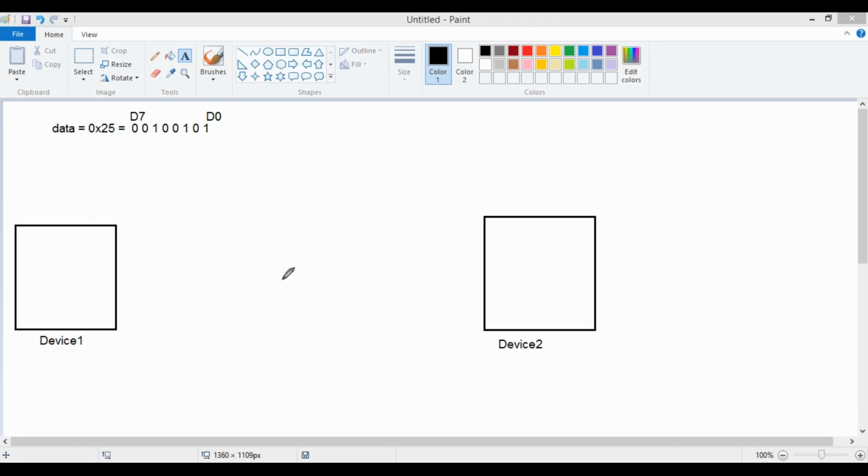Now before that, my question is, UART is what kind of protocol? Serial or parallel? What I told you, all serial protocols we are having. So it's a serial protocol. In a serial protocol, how many bits are transmitted at a time? One bit, right? It's a bit by bit communication. So your transmission will happen from the LSB. First it transmits D0, then D1, and D2, and this way it will keep transmitting